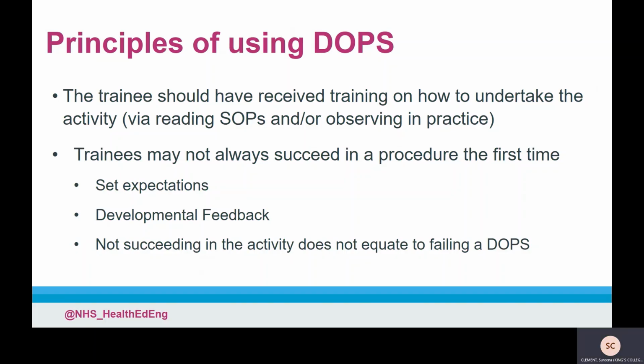It's important that the trainee should have received training on how to undertake the activity prior to attempting it as part of a DOPS. Trainee pharmacists may not always be expected to succeed in a procedure, particularly if it is their first attempt. For example, taking down all the relevant information when receiving a medication information inquiry. It's important to set the expectation of the trainee prior to the DOPS, and if they do not succeed, further discussion highlighting alternative strategies and how best to ensure success in the future needs to be included as part of